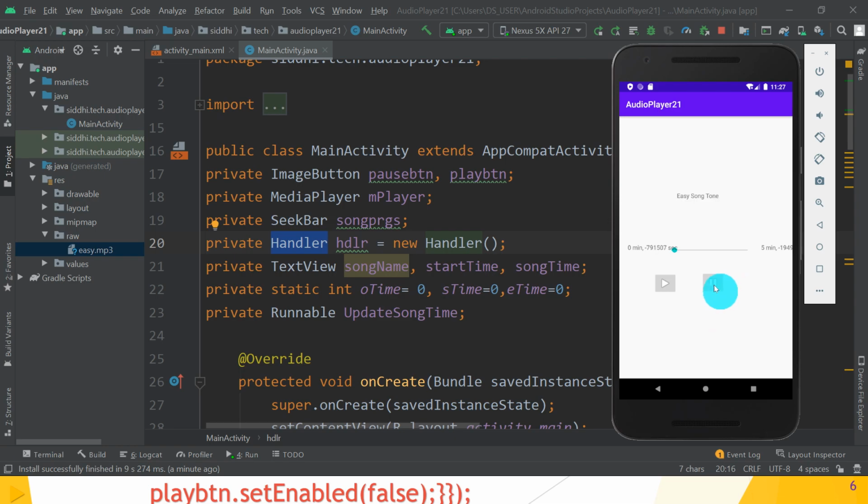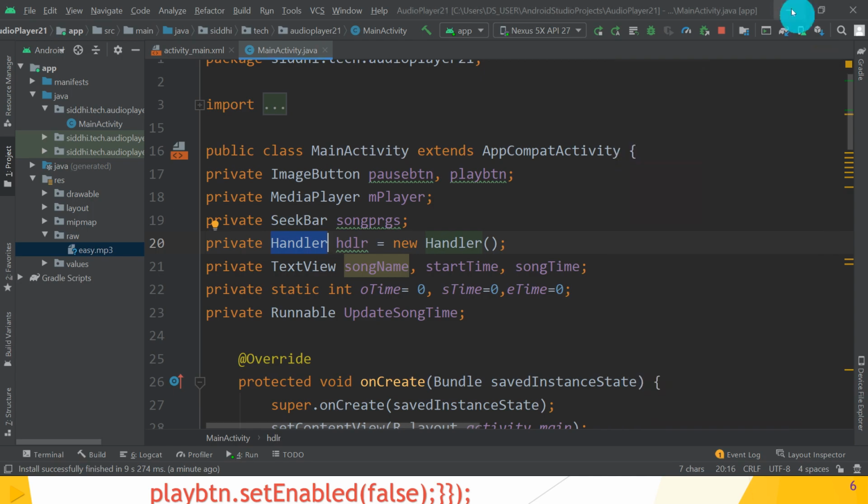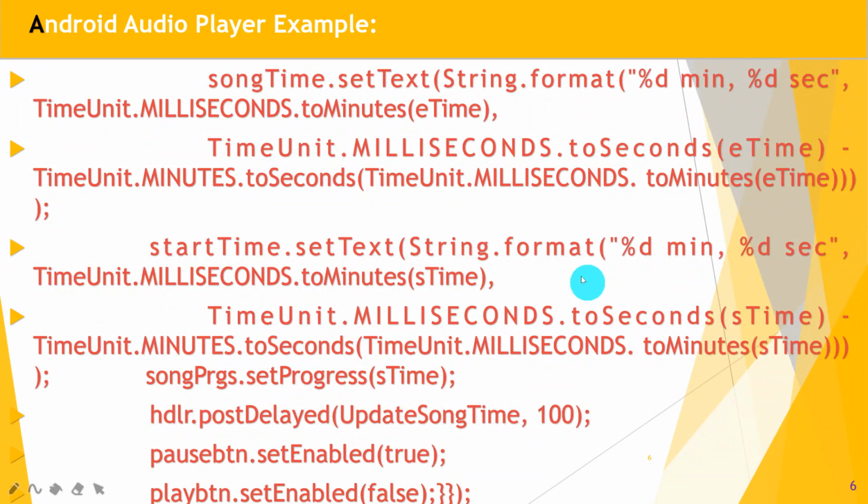Great. When you click on the pause button, it shows pausing audio, and again when you start, it plays the audio. Guys, hope you understand this. Great. So this is our media player for playing our MP3 songs. Great guys, hope you understand this.